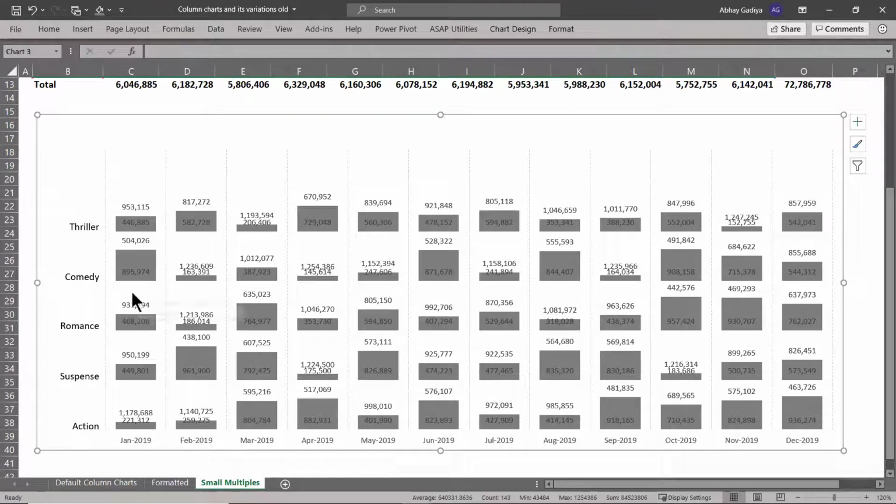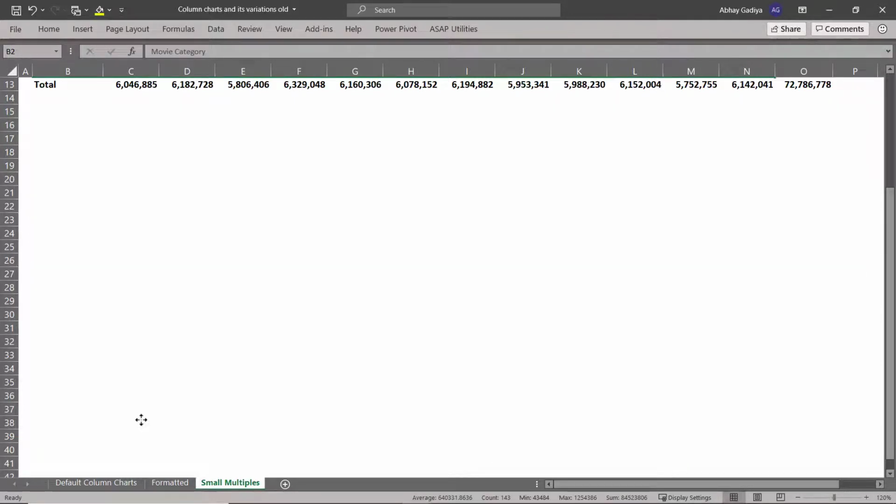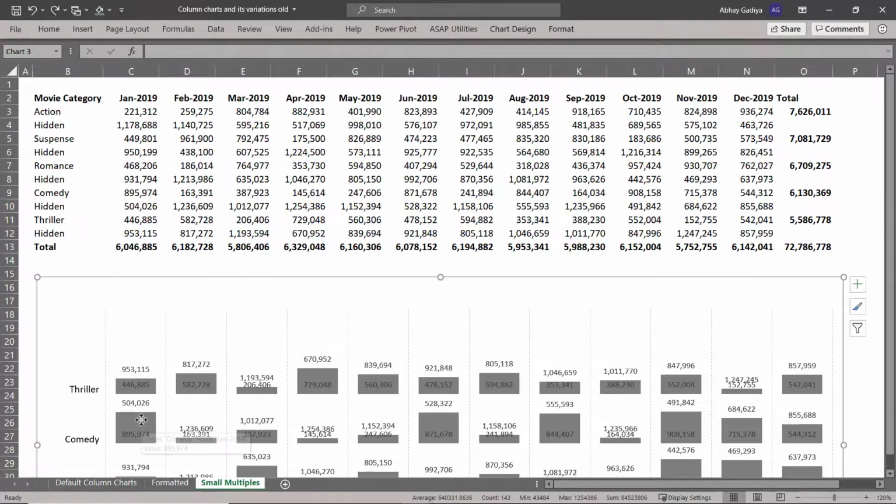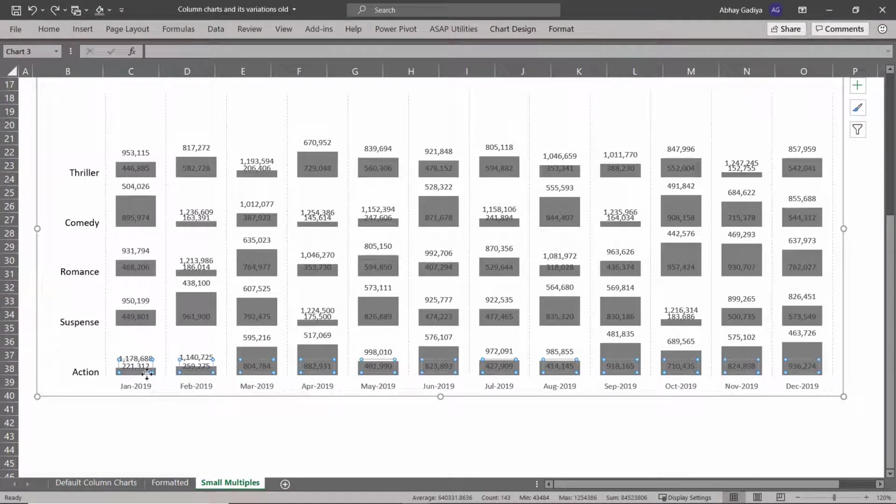Now we will have to select the actual data labels and delete them. So let me select these actual data labels and simply delete them. Just make sure that you are not deleting the entire chart. So let us press Ctrl Z to undo. Now only select the data labels and then delete those data labels. Let me delete this one.